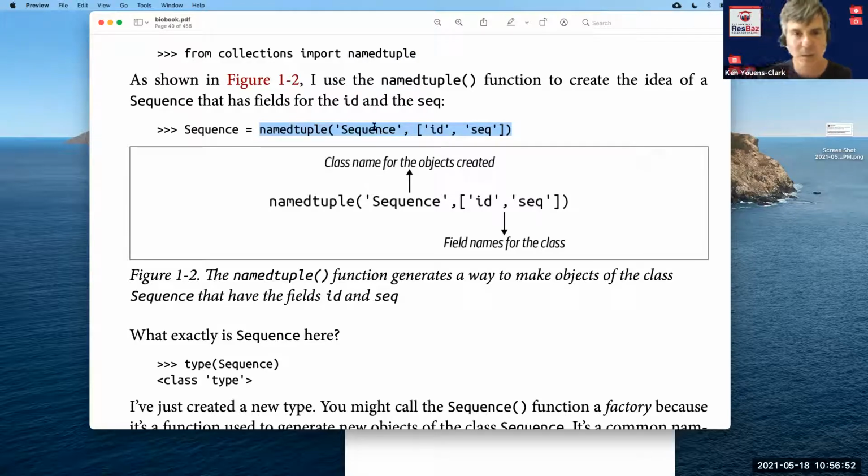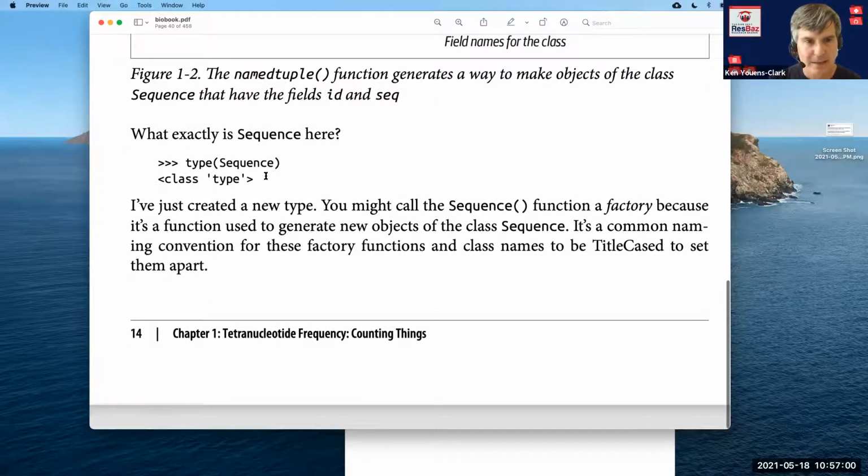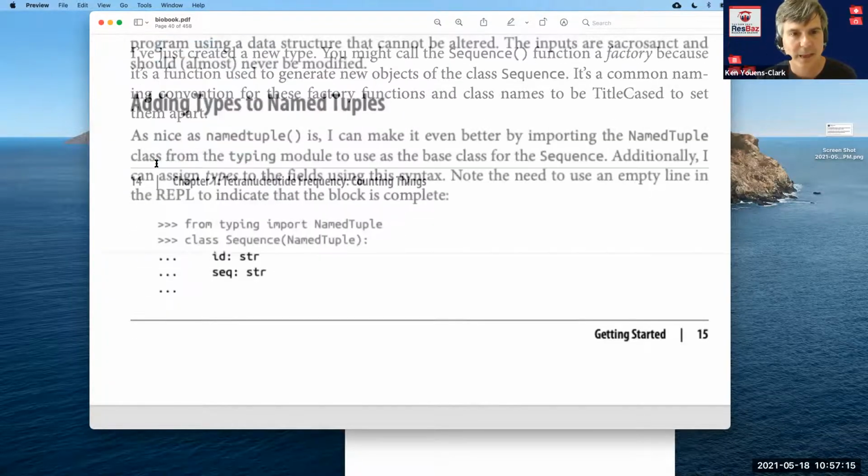I can say that I will use this name called Sequence, and inside it's going to have two fields that are ID and sequence. So I've created basically a new type, just like we have integer types and float types. I just created a new type inside Python called Sequence, and that represents this structure that has two fields, an ID and a sequence.